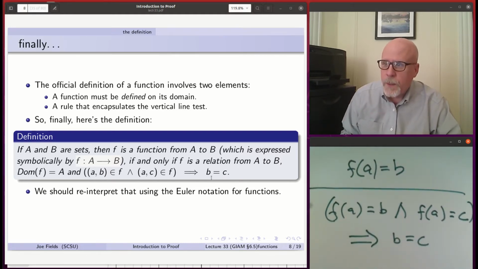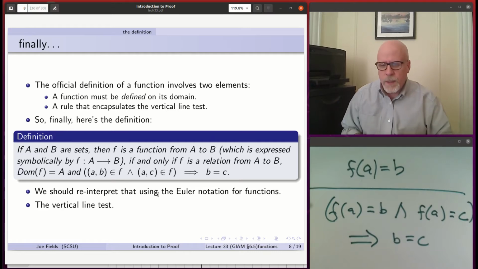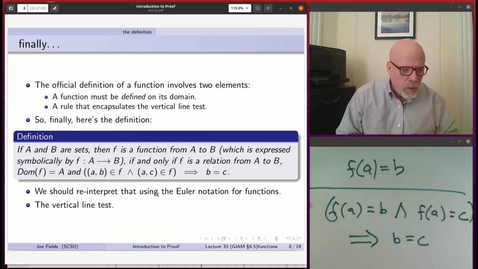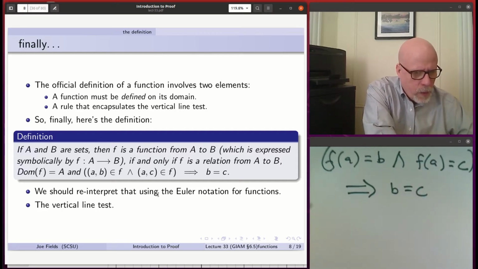Right. So that's the vertical line test. Now, why is that the vertical line test? Remember what the vertical line test does. If you've got a graph,